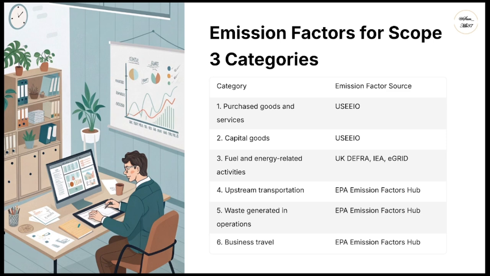As I mentioned, I'm going to provide that link so that you can access that information and use it for estimating the carbon for these different categories of